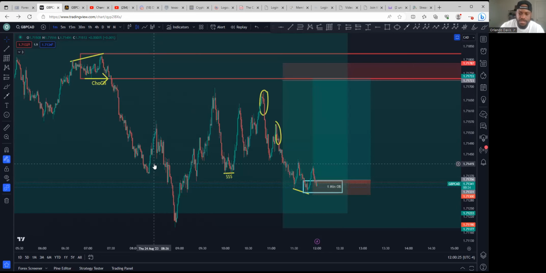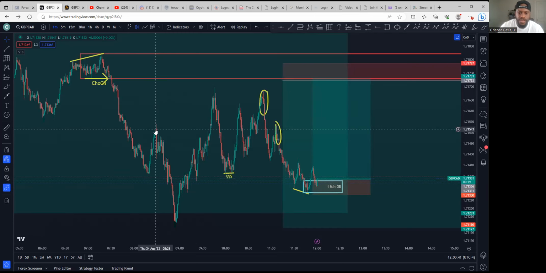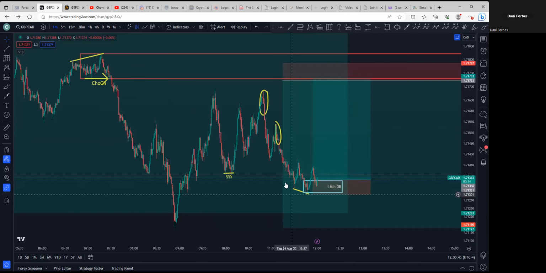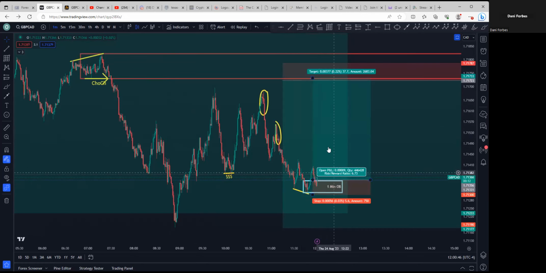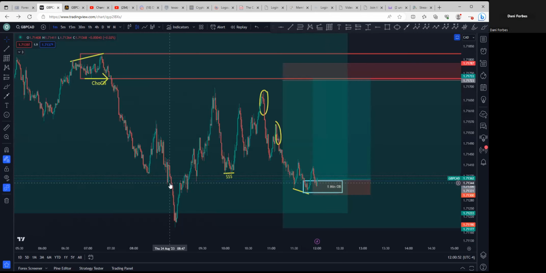Here's the deal: we have this opening balance, price consolidated, and then created this opening balance as well. I'm looking for this to go bullish because price had already done this bullish reversal right here and smacked TP1. So I'm looking for price to probably come back down and refill the imbalance, diverge, and then go back up to smack this imbalance. Does that make sense? You see how it's all revolving and wanting to play out?